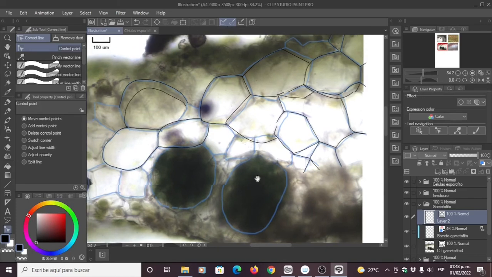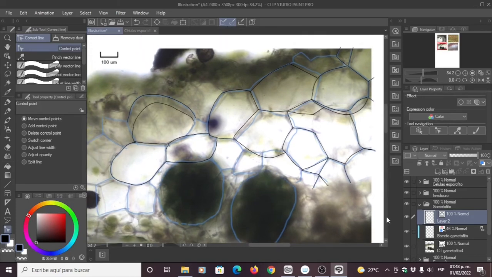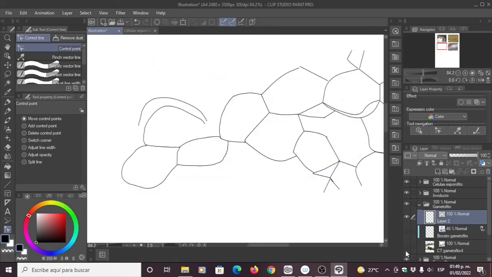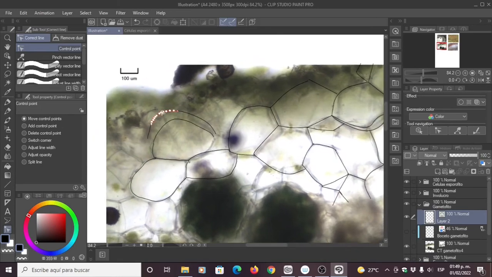So now let's say that our drawing is already done. Of course, it looks a little bit ugly, but this is just an example. I think I will discard it for the next video, so you can see a better drawing. But consider that this is done. Now we are going to do the ruler. So I will create a vector layer. I will put the regla gametofito, or the gametofito ruler,